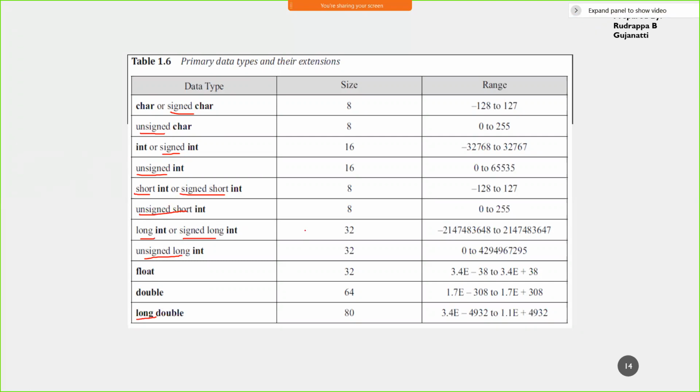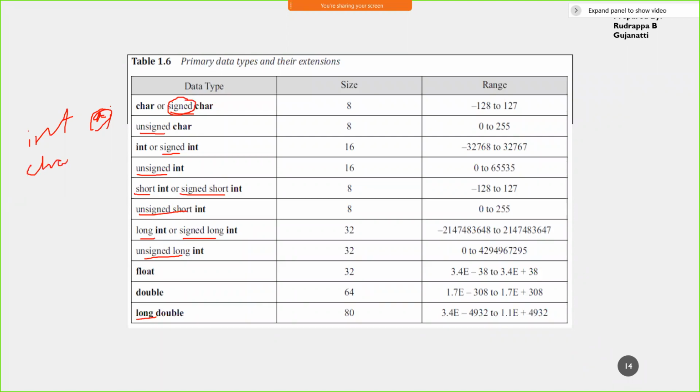Now here, remember, by default, whenever you declare any parameter, say like int a, when I've declared the variable a, if you don't give any extension, it is signed by default.